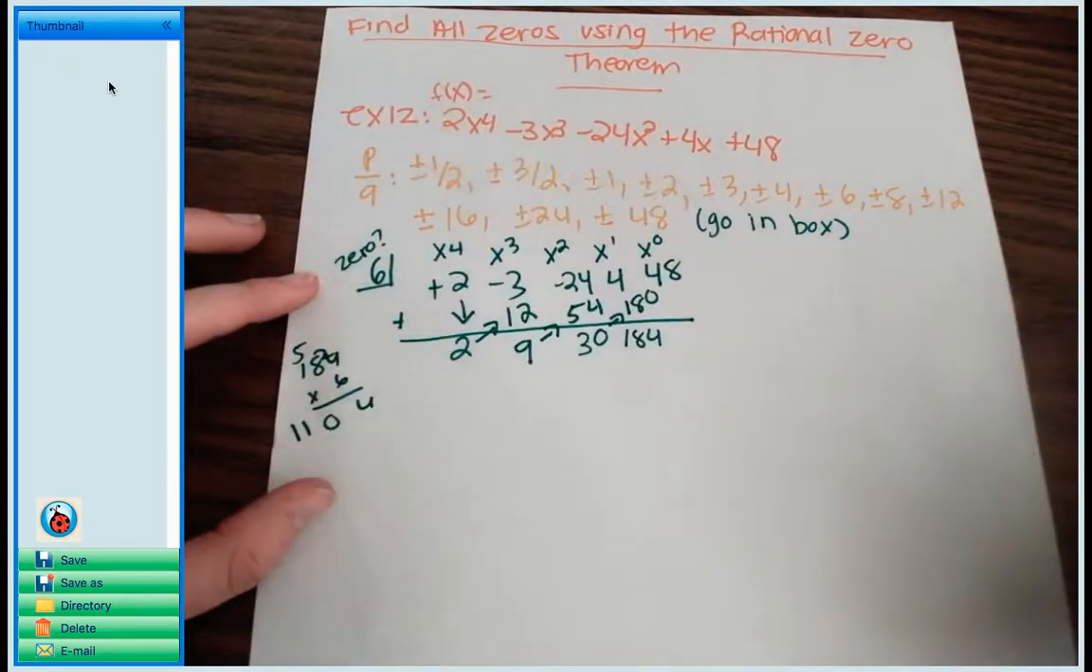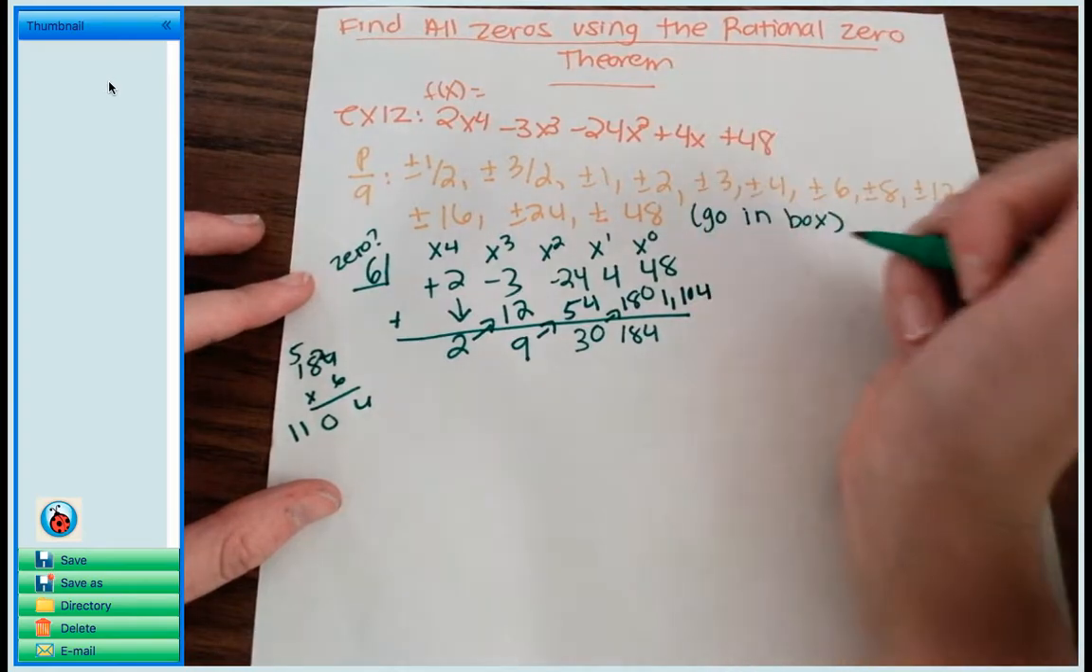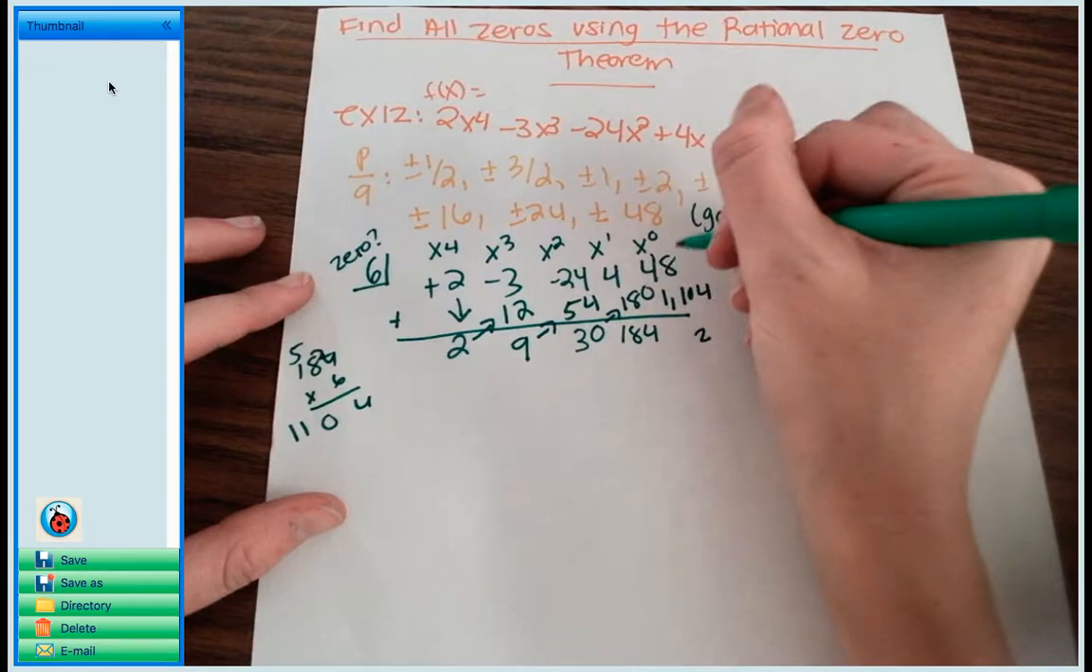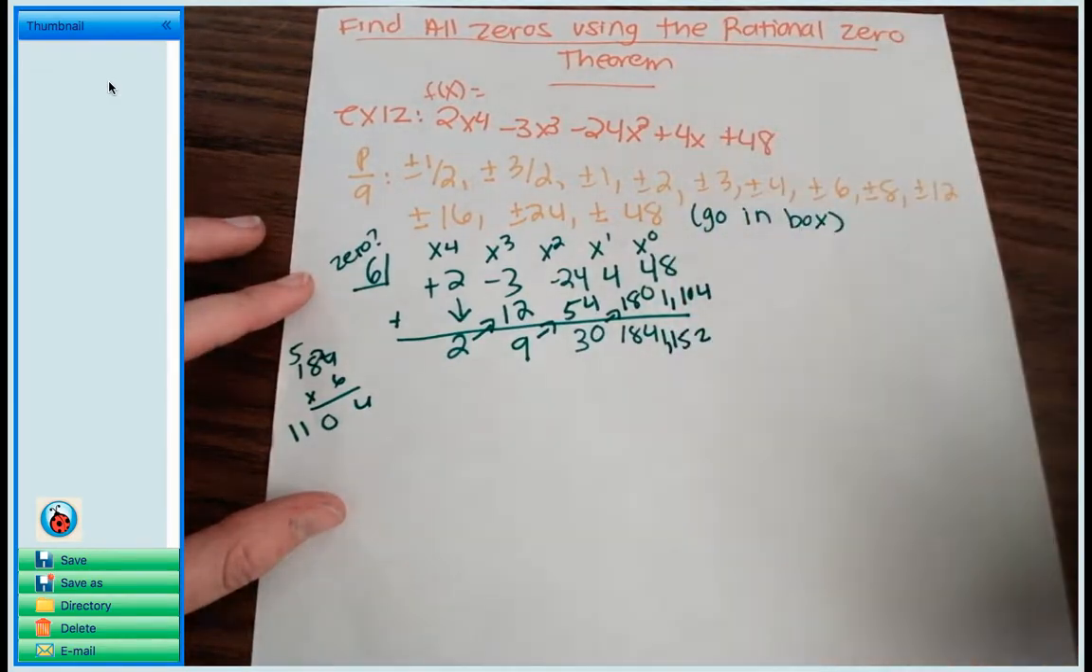Holy hot dog, that's a big number. 1,104. And I'm going to add it to 48. So I'll get 12, carry the 1, 4, 5, 1. All right, so I end up with